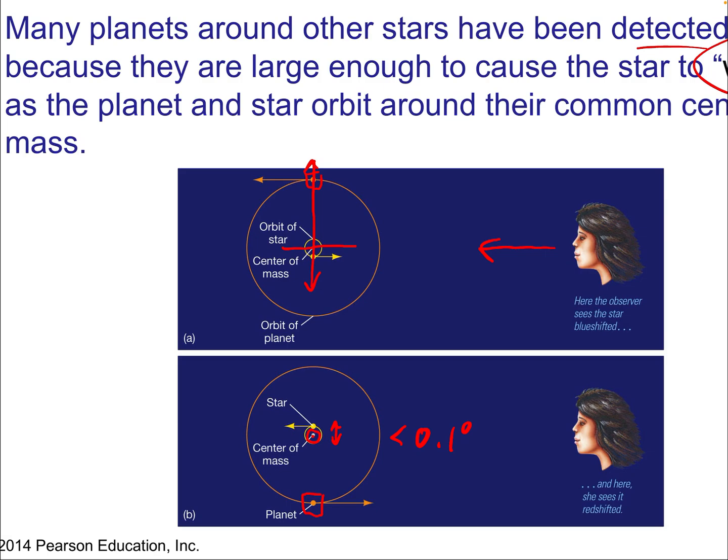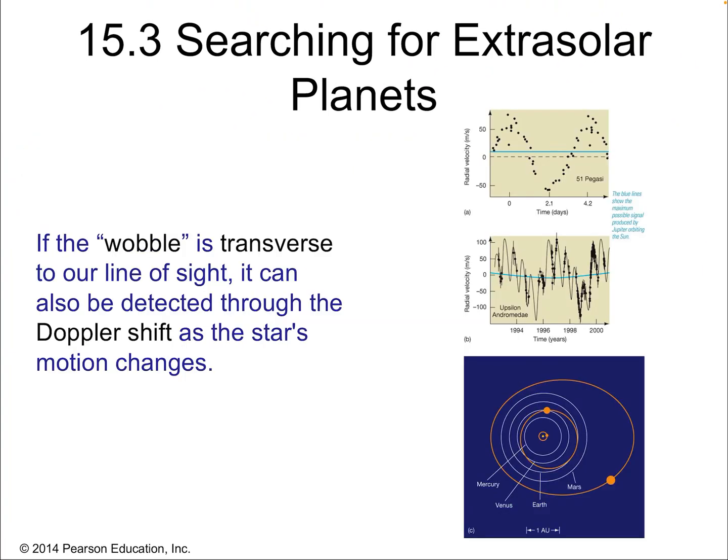But that does happen, and there are some planets that we detect through this optical wobble. However, there's another type of wobble that's actually easier to detect because it has to do with the Doppler effect. And so we don't need to actually see the star moving back and forth. We just have to see it shift color. And it turns out that that color shifting is much more sensitive to motion than the actual back and forth wobble. And so if the wobble is instead transverse to our line of sight, then we can detect it